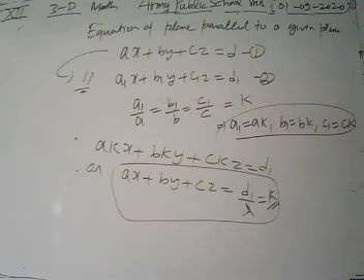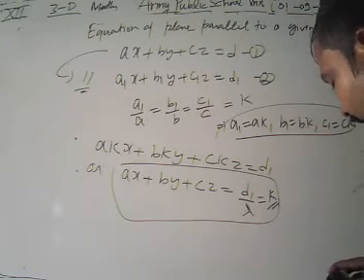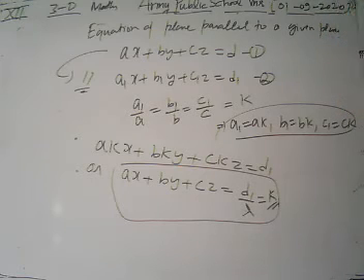Look at what we have discussed here. Till now we have discussed the equations of planes parallel to a given plane. If we have an equation of a plane given by Ax plus By plus Cz equal to D, then its parallel plane equation is given by A1x plus B1y plus C1z is equal to D1.